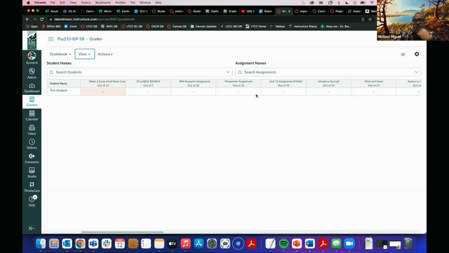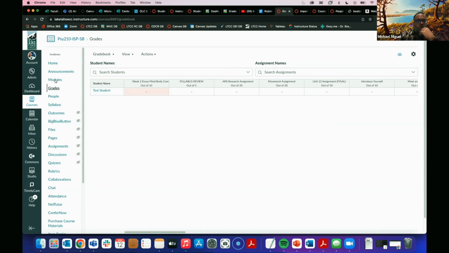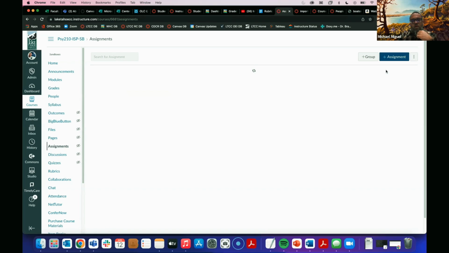Another issue that I've started to run into since we switched the way, well, didn't switch, we just took away a way for faculty to enter grades throughout the semester, which used to be through the portal, really pushing towards that use of Canvas. A lot of people are like, okay, I still want a gradebook. I still want my face-to-face students to be able to see their grades. How do I do that? How you will do that is we will come over here to assignments.